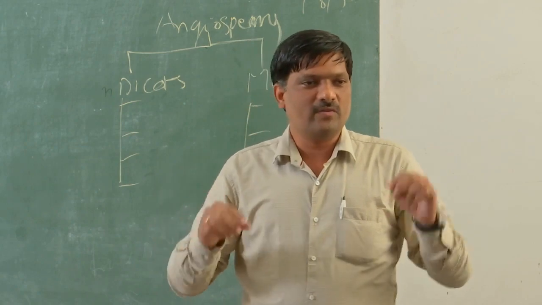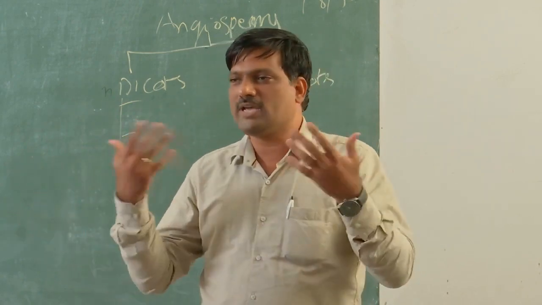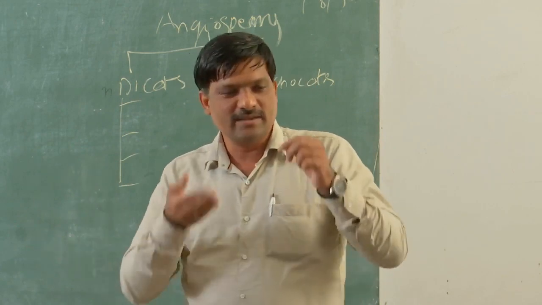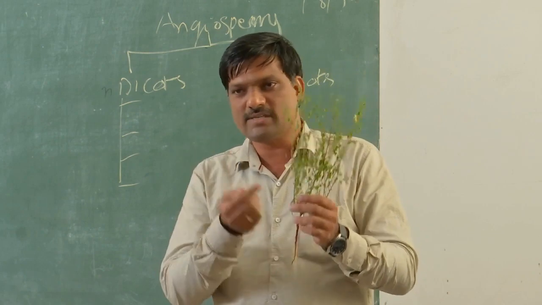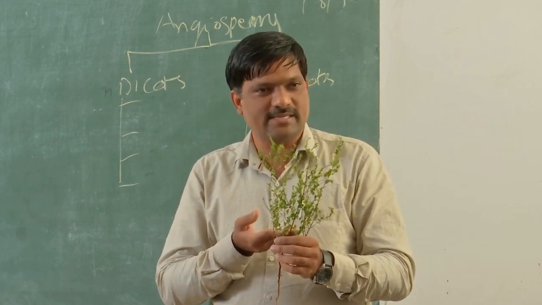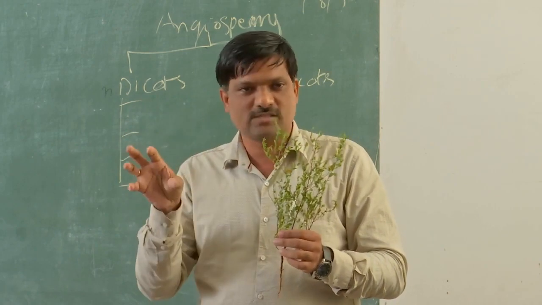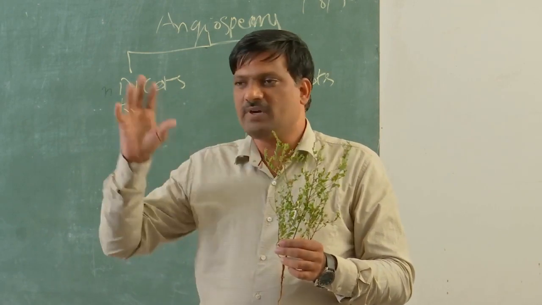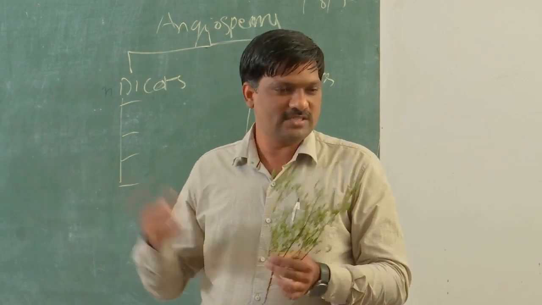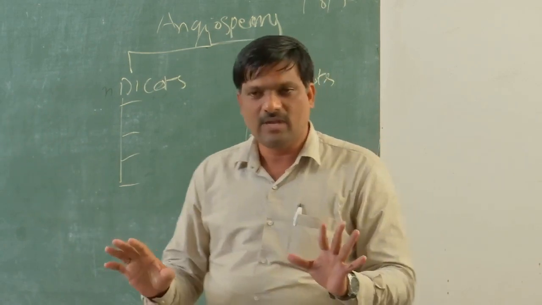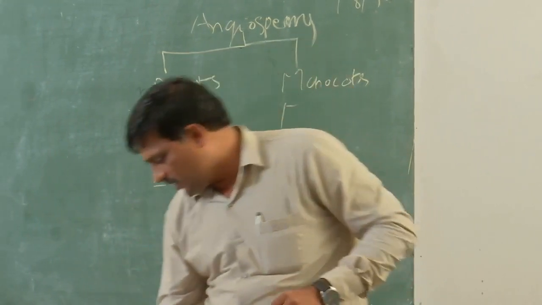If you get only a small stem and don't have any morphology, then we can go for anatomical characters. In the anatomy, if you cut a small stem and the vascular bundles are arranged in a ring, that is a dicot. If they are scattered vascular bundles, it is called a monocot. With this, I am concluding that now you are able to identify all the monocots and dicots.